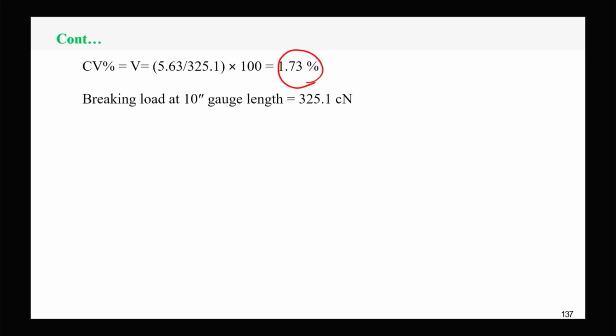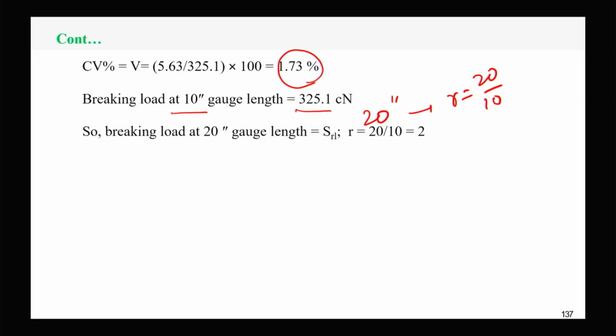So breaking load at 10-inch gauge length is 325.1. So let us calculate the breaking load at 20-inch gauge length. That means R will be 20 by 10, the length ratio. So R is 2,